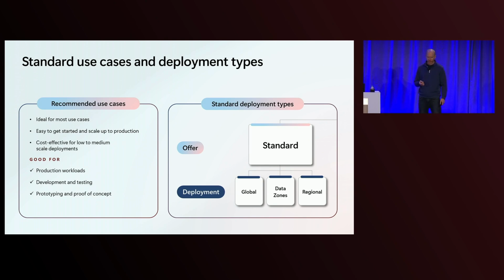Now, one of the challenges within standard is, OK, all of the models are available in standard. That's great. As you heard, we now have over 10,000 models in our catalog. Some of those are deployed to managed compute. But we have now 5 marquee providers that you can buy standard tokens for. You can buy these for Azure OpenAI. You can buy these for the Grok models from xAI, for the Llama models from Meta, for the Mistral models from our partners in Mistral, and for the BFL models, the Flux models. All of those models are available through the standard offering.